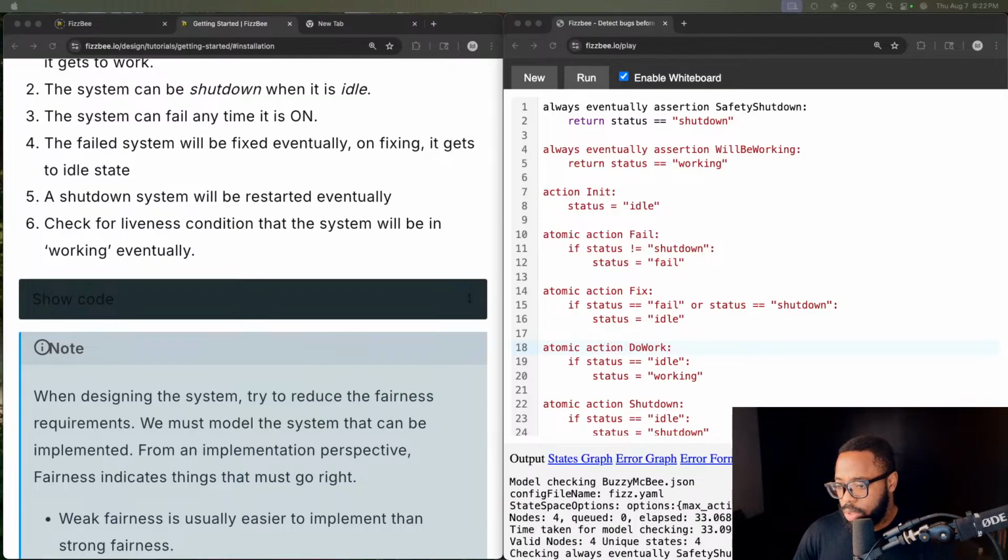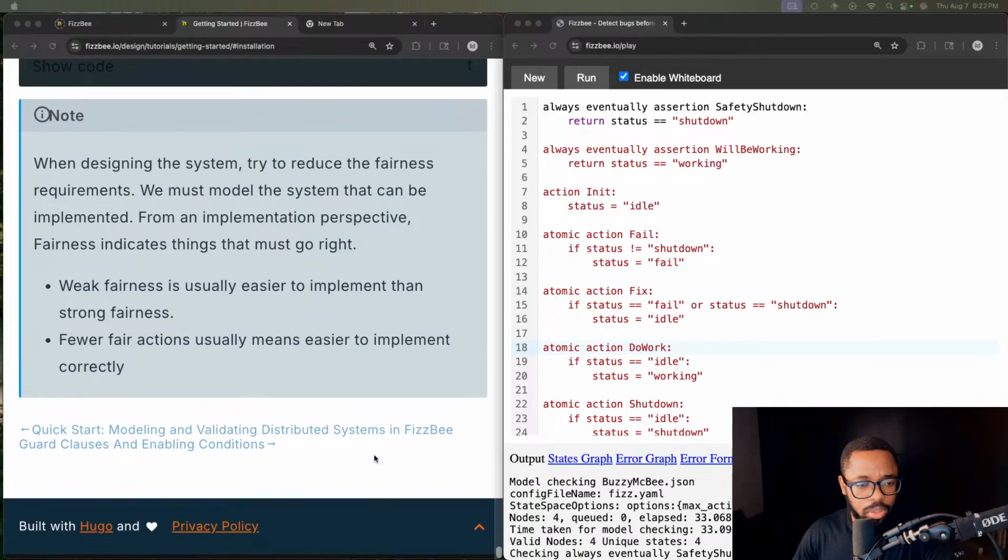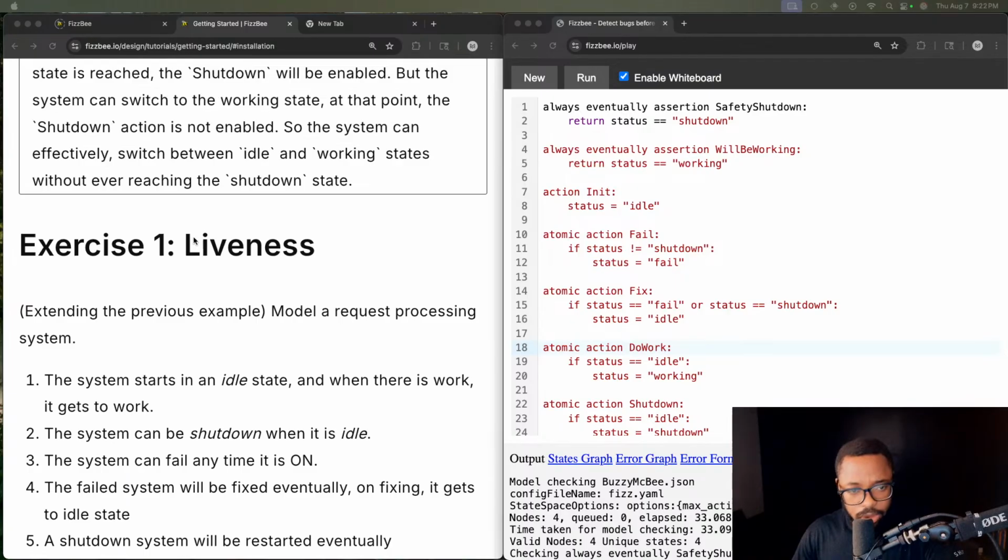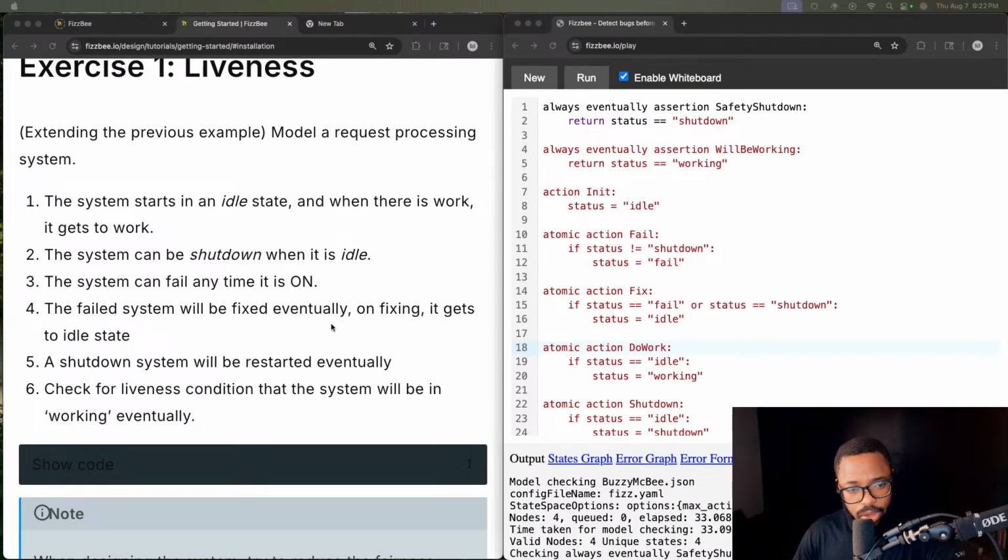So, we are back again after yesterday and the day before. We started to look at FizzBee. It's a formal specification modeling language. And yesterday I attempted exercise 1, and for a moment there I thought I solved it,